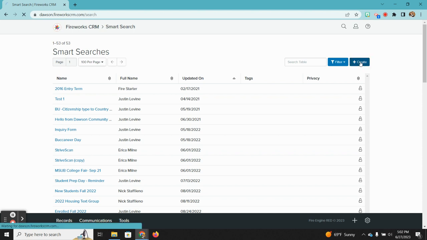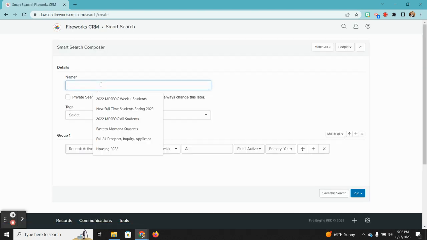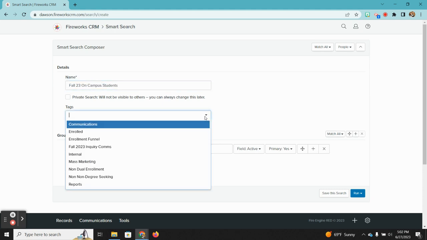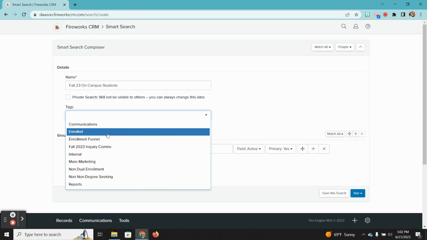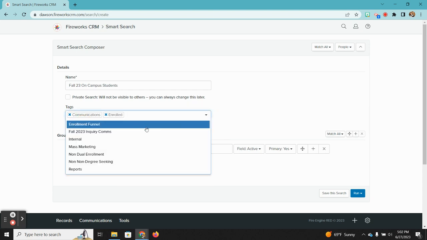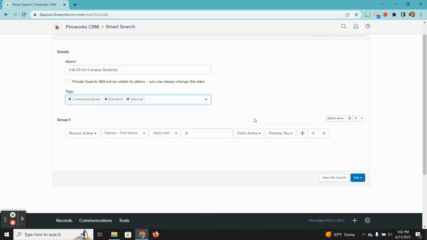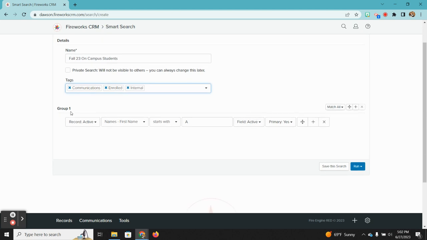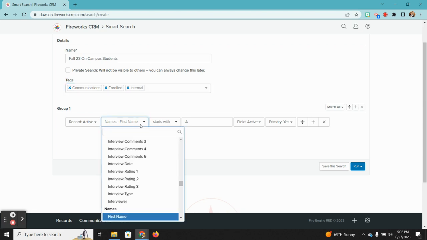When you create a smart search, you just click the create button, you name it. So let's just say on campus students. I need to come up with a convention. Fall 23 on-campus students. So let's just make this for our students who are going to be in our housing here, okay? Tags, we're going to call this communications. They're already enrolled. We're not doing a funnel thing. This would be internal, okay? So I get to choose my group. It defaults to the name starts with A. That doesn't do us any good. Let's go with